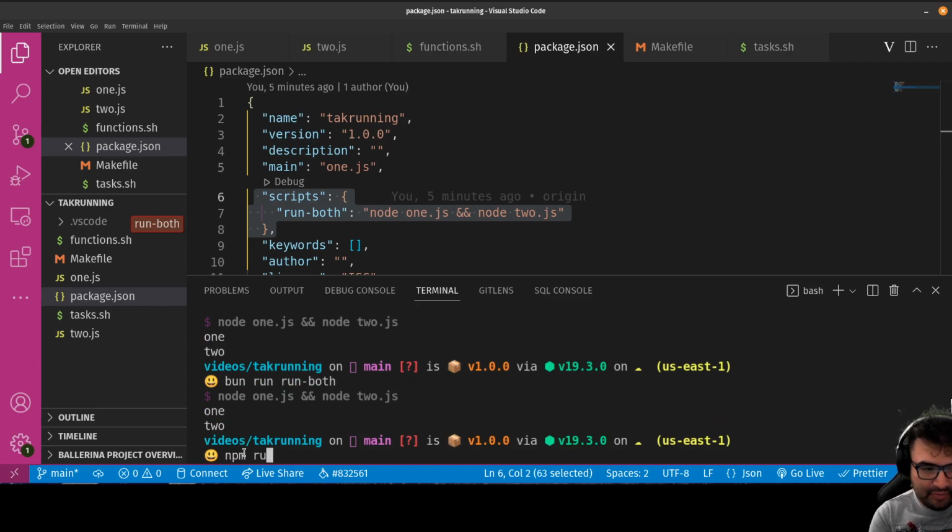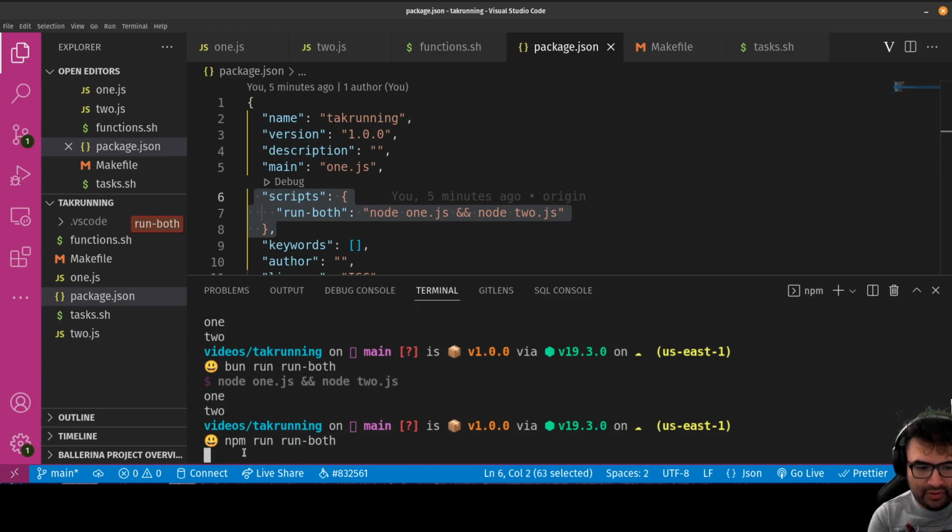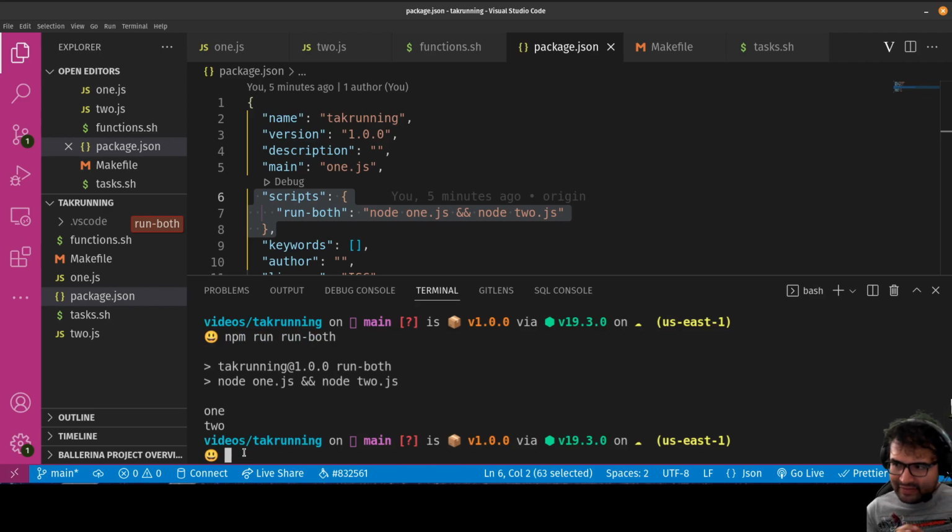Now if I do npm run both, see there was a little bit of a delay there up front. So you could use bun. That's the big deal with bun, you can get the benefit of using everything you're used to using with Node, but a lot faster. Now Deno has its own task runner, which requires you to create a separate file. I actually was unaware of this in the first video, because for the longest time Deno did not have a built-in task runner. But basically all you'd have to do is create a